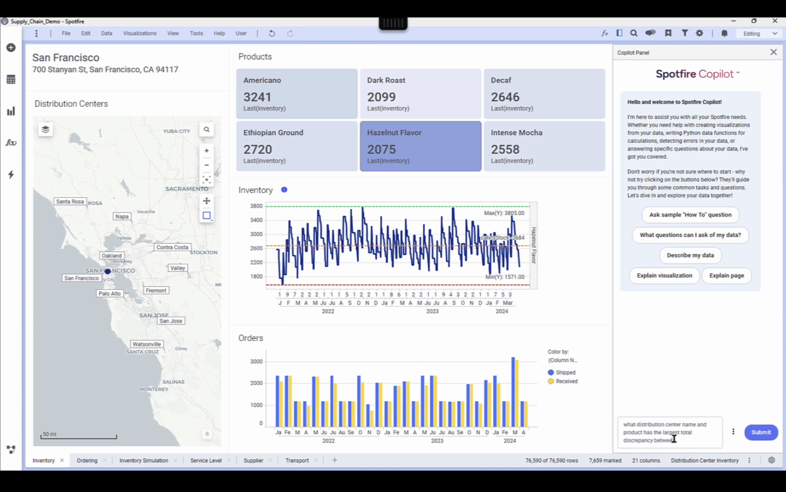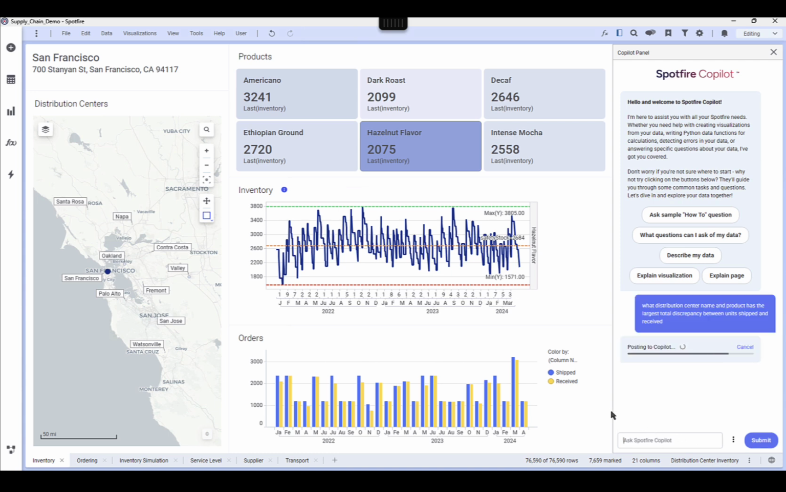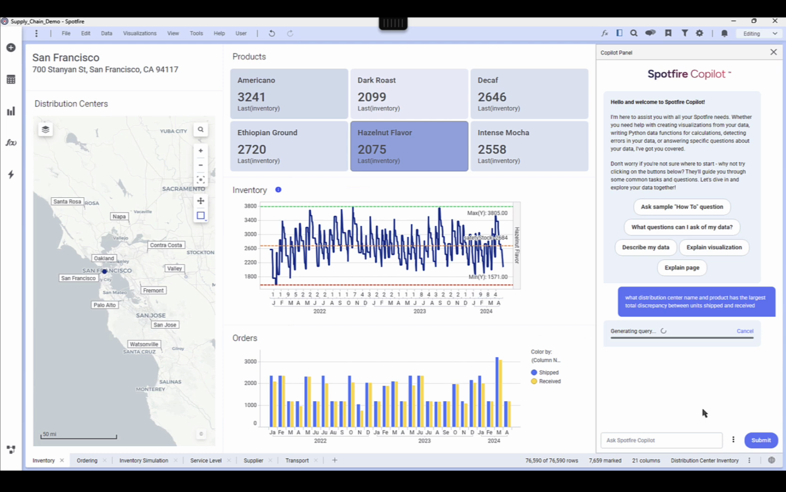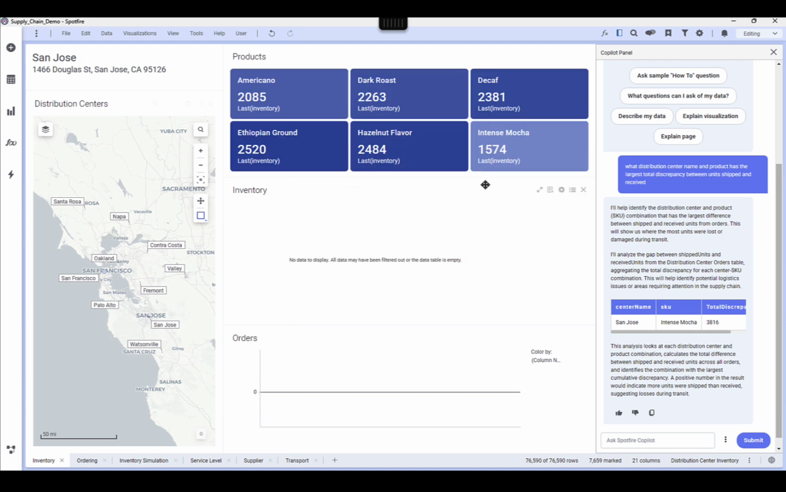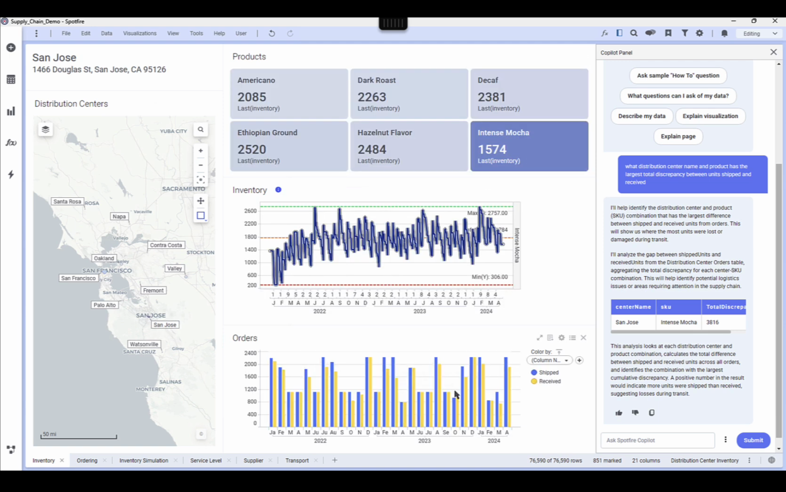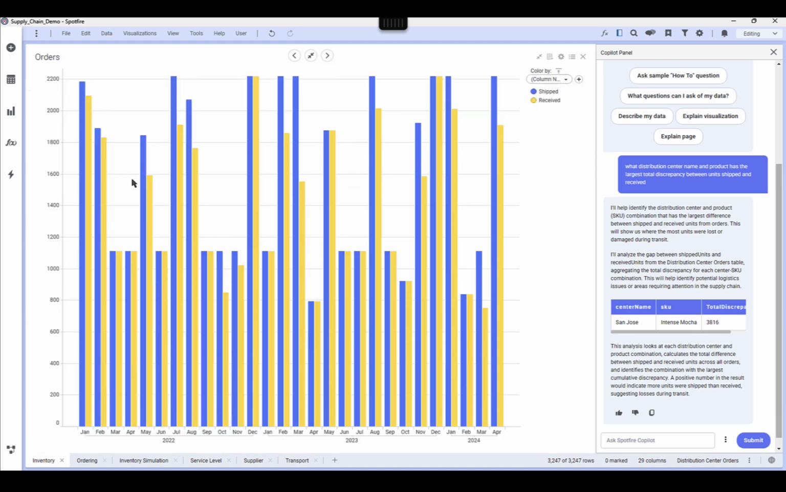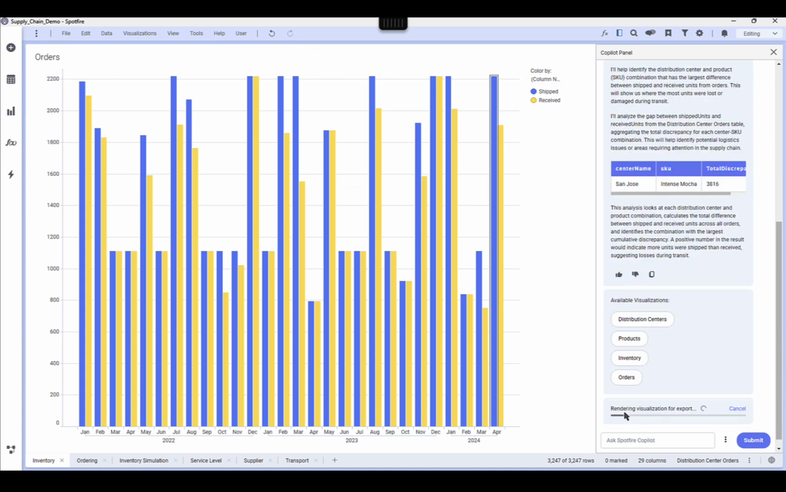Now, rather than looking through each iteration of product and distribution center, I'm going to ask Copilot to let me know which distribution center and product combination has the largest overall discrepancy and look more into those issues. So we see here that it is San Jose and Intense Mocha. So I'm going to go ahead and select those. And yeah, it looks like a lot of our months here have a pretty large difference between shipped and received